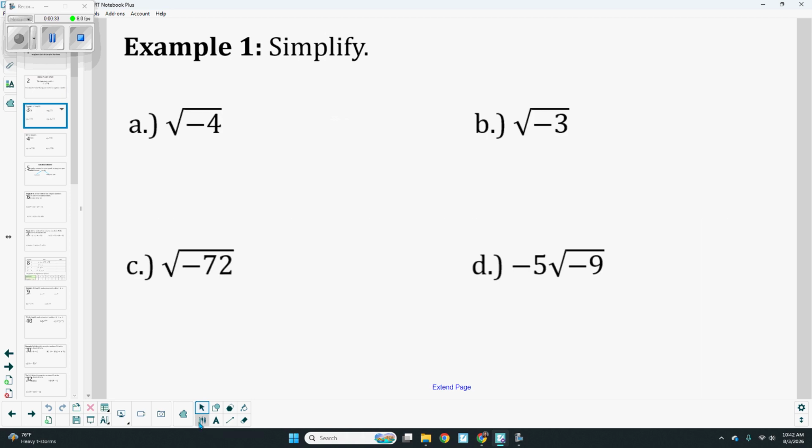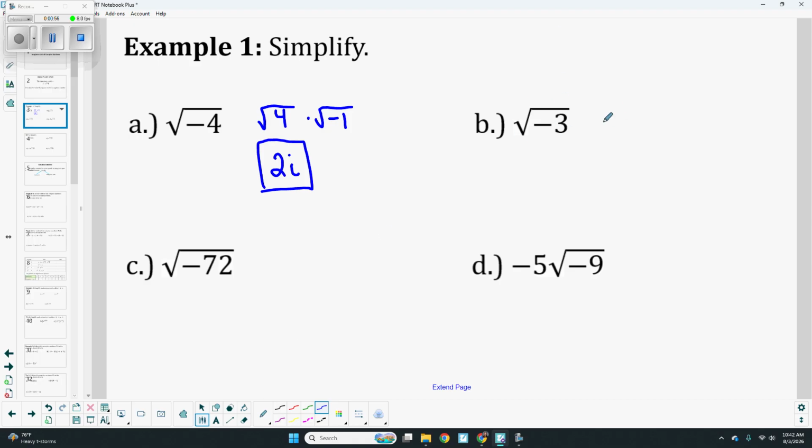So if I wanted to find out what the square root of -4 is, that's really like saying the square root of +4 times the square root of -1, if we want to think about breaking it down. And the square root of +4 is 2, and we just learned that the square root of -1 is really i. So the square root of -4 would be 2i,